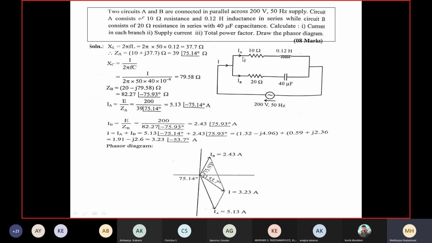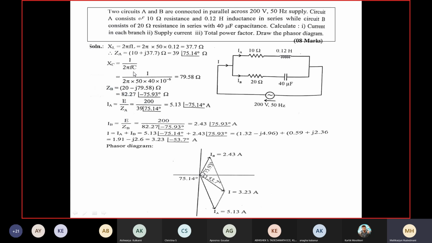So this is given by the author. You may give Z1 here, you can exchange it. So there is no worry about that. Okay, if they have given a diagram, don't change it at that time, because that is expecting something specific. So when you have the impedance of the first arm, 10 ohm and XL, got it here as 37.7, I can write ZA equals 10 plus J37. Plus J means inductive reactance, minus J means capacitive reactance. Okay, so you can express it in polar.